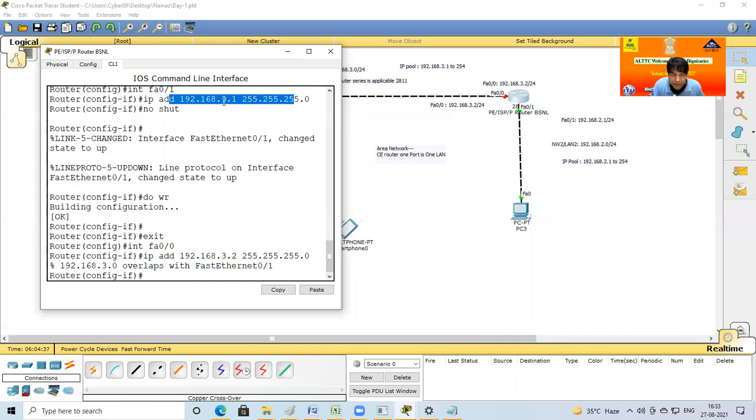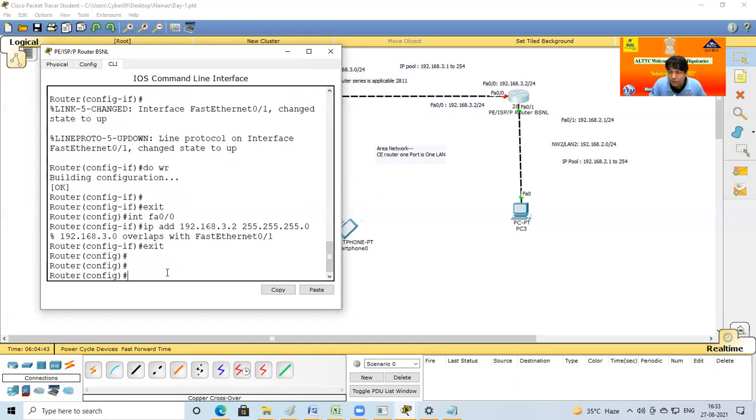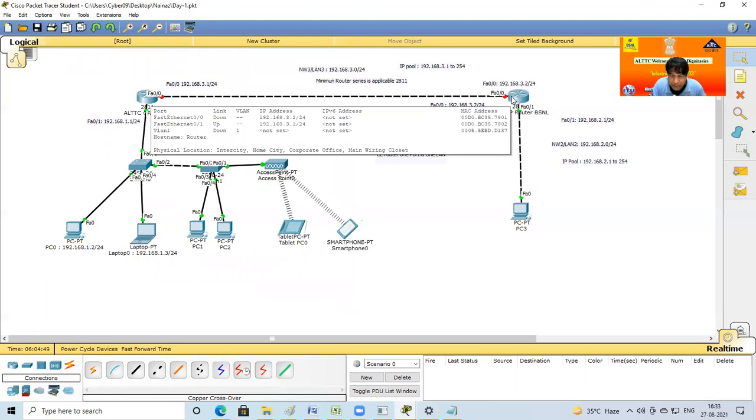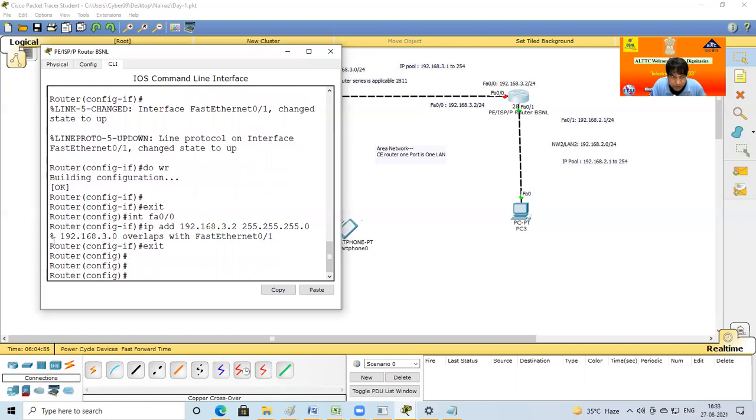By mistake, I allotted 3.1 here. So first exit from this port. I will correct it now. I wrongly allotted the IP on FA0/1.